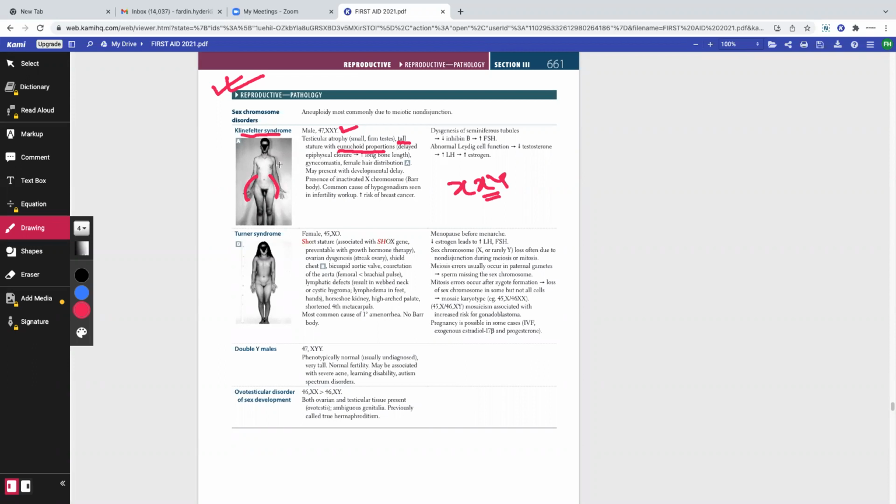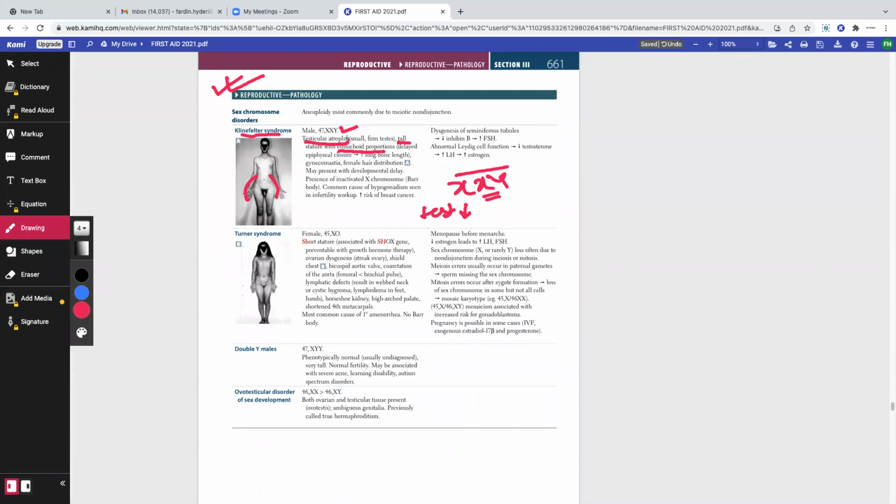So over here in these males, if they have delayed closure of the epiphyseal plates, can we expect that the testosterone level in these males is pretty low? Yes or no? The answer is yes, right? That the testosterone level in these males is pretty low. The question is why? The answer is that these males have an extra set of X chromosomes. What happens is that this extra set of X chromosomes results in testicular atrophy, right?